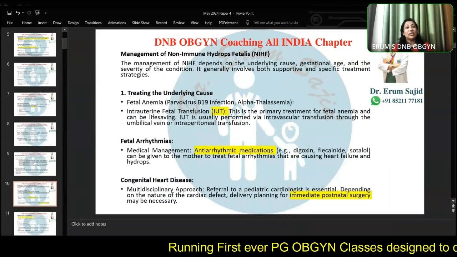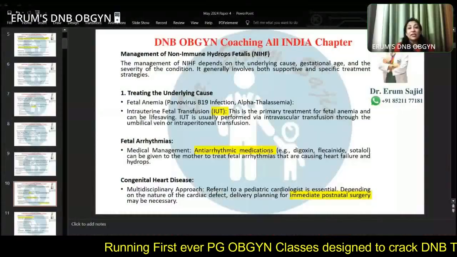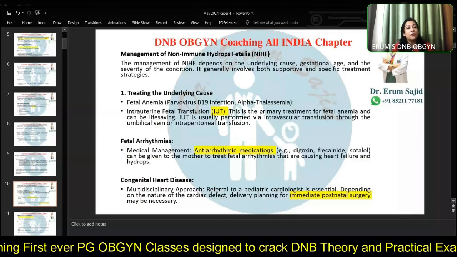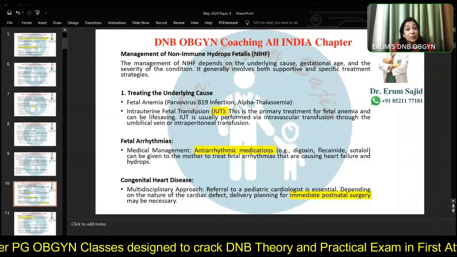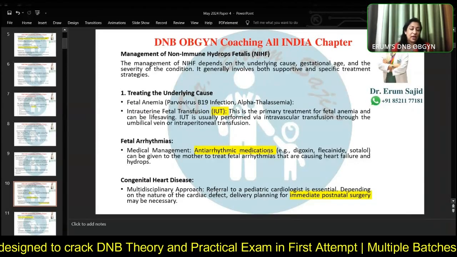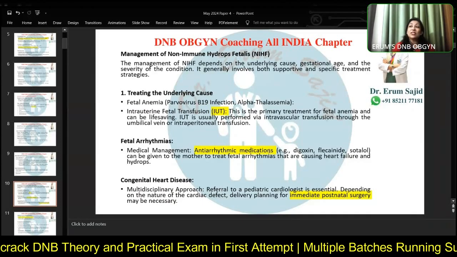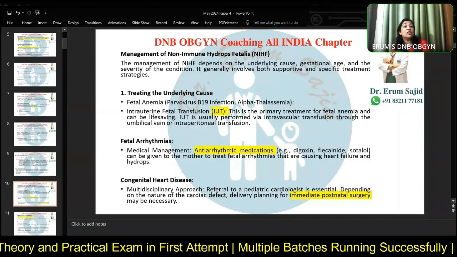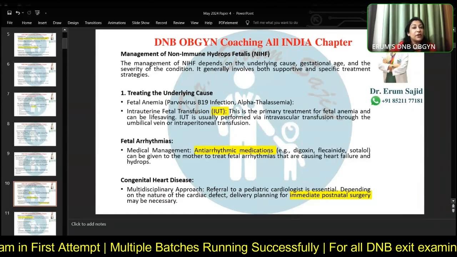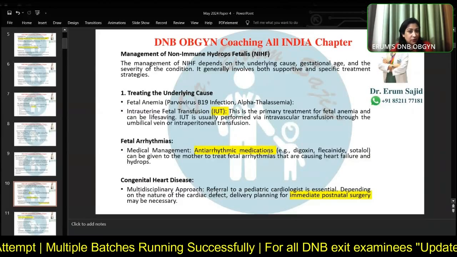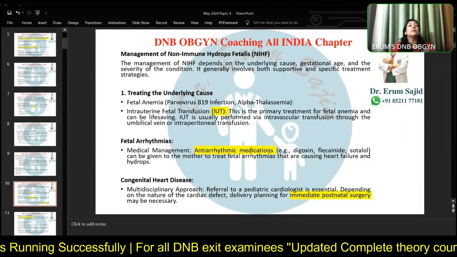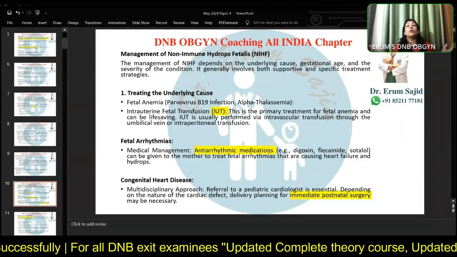So how will you manage? Again, over here, guys, how you manage it depends upon the cause. So if the cause is, let's say, an infection, you treat the infection. If it's anemia, you treat the anemia by giving intrauterine infusion. See, these infections are causing what? All these infections together, CMV, toxo, parvo, alpha-thalassemia is actually responsible for hydrops. Why? Because the baby is developing anemia. So we cannot fight with the infections because most of them are viral infections, but we can still manage this baby for anemia. So there is a possibility of giving the baby IUT, intrauterine transfusion.